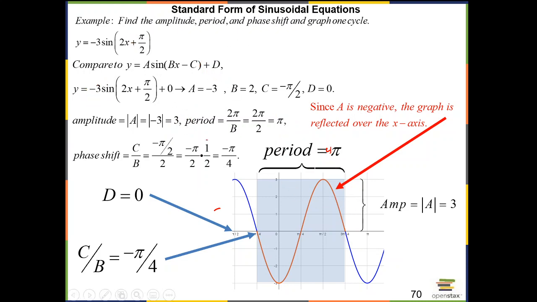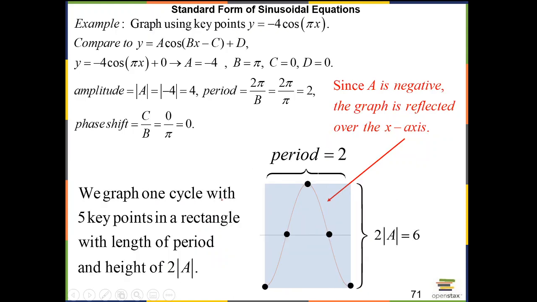We could also do this by graphing the key points, and I'm going to review that as well quickly. So how do we do that? Well, we can think of the 5 points. Where are the 5 key points? Ordinary cosine, of course, has 5 points, but the ordinary cosine looks like this, right? So that's the rectangle. But we don't have to think about this and then transform them. We could just get the first point. What's the first point? The first point is when,